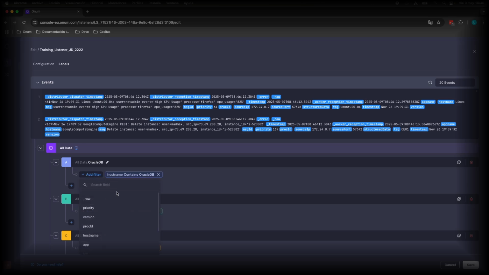When we create a filter or a condition, we can select the fields on which we want to base that condition, choosing from fields in the syslog header, the message, or information like source IP and source port. For conditions, we can select that a string contains a certain value, that it is equal to a specific value, or that it matches a regular expression. Regular expressions are a bit heavier on your system, but they're available if needed, and when simpler conditions like contains